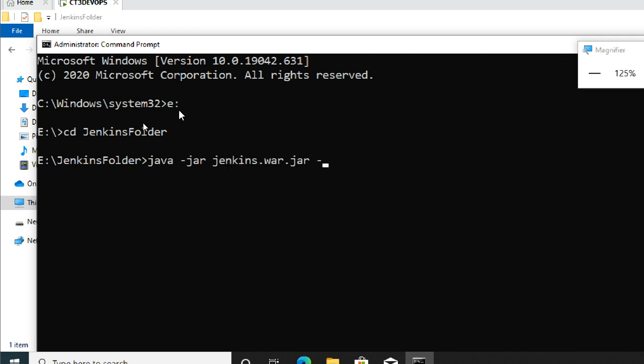And here I have to tell the port number, right? Which port number? hyphen hyphen httpPort, the P is capital, equal to 9090. http is small, Port has a capital P. I'm pressing enter, guys.